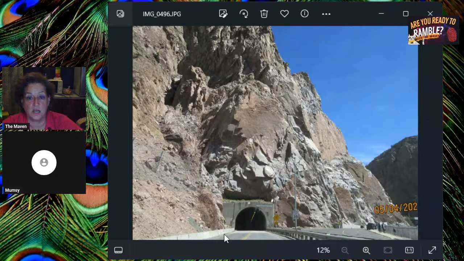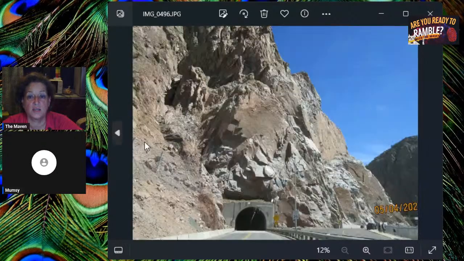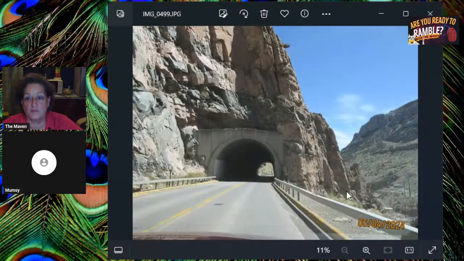And then you have this tunnel. Yeah, I was amazed about the tunnel. I didn't expect to see anything like that. Actually, there were 3 different tunnels, right close together. This one has a little pull off where the people are. And then this one, there's no pull off. It's short, you can see to the other end.